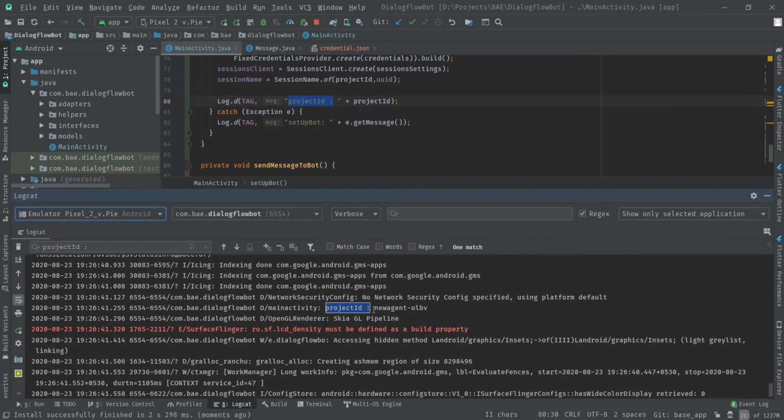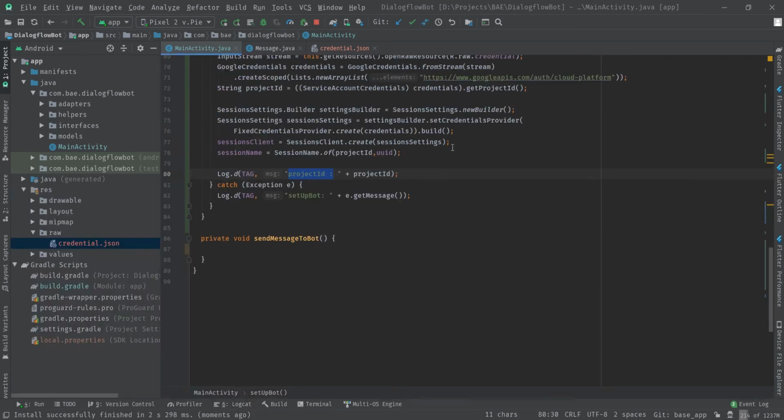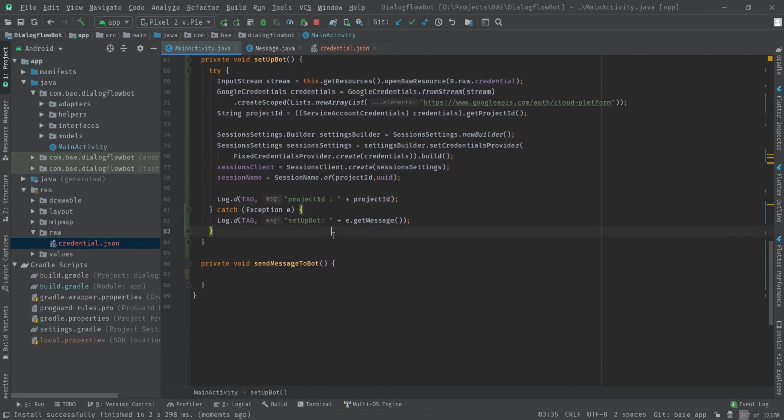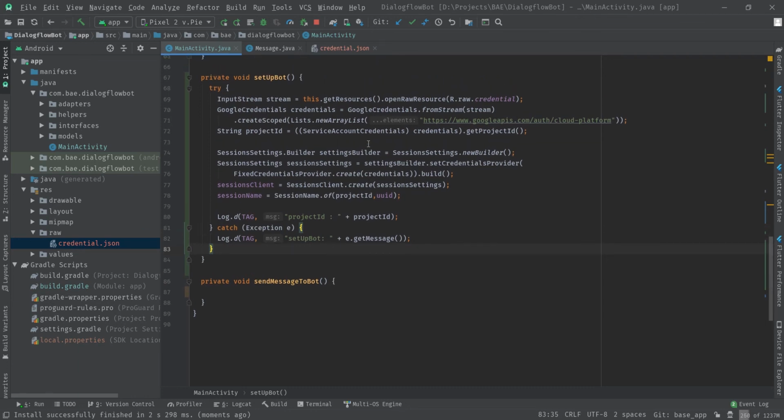So we got the project ID properly, which means the setupBot method is working properly. What we have done so far is integrated the credential.json file into the project, made a proper connection, and completed the basic setup of the project.